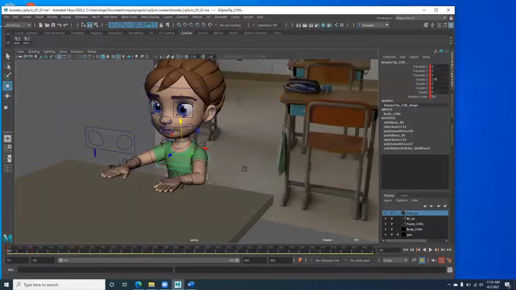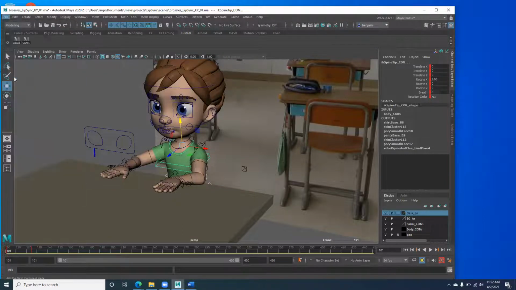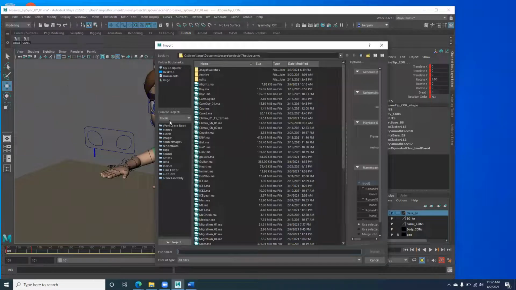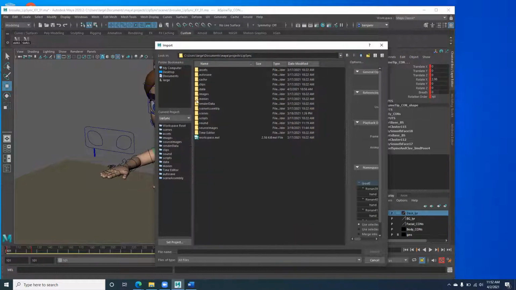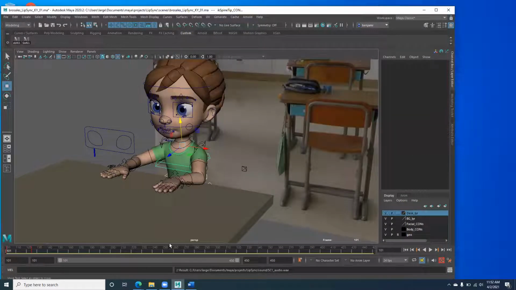Okay. So to import your dialogue, your audio file, you go to File, Import, and first you need to put your audio file into the correct folder in your project. So I go to LipSync, my LipSync project, and then there's a sound folder, and then I have Celebramos. Actually, I think this WAV file is what I use because it has to be a WAV file for Maya,